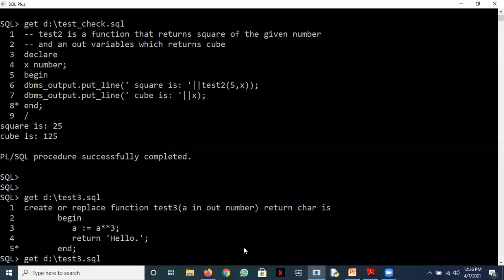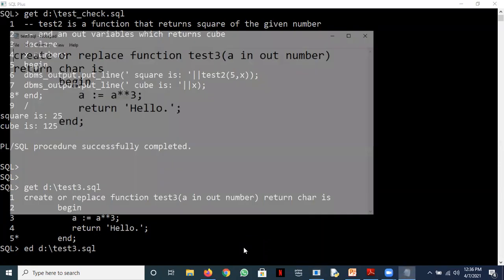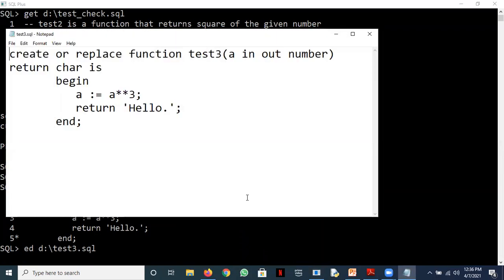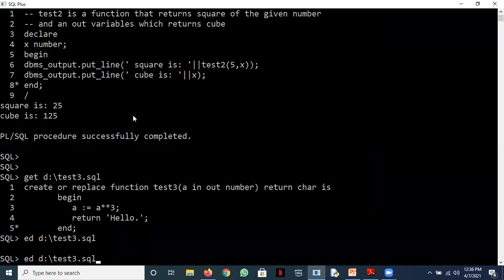Yeah, should be of the in out, I think. So I've taken a as an in out variable. See, it's simple. A can both be used for passing as well as returning values. Okay, so you see here a is used for passing as well as returning values, right? So let's call this. I'll run this for you so that you can understand.